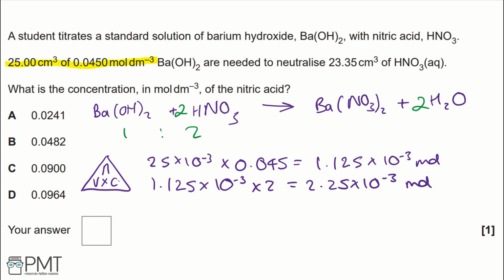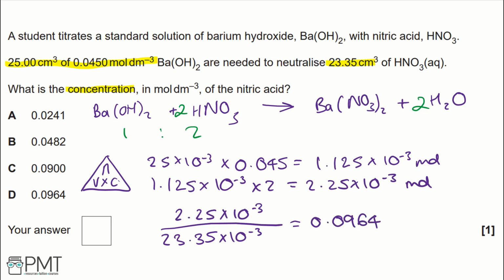Finally, we're asked to work out concentration. We're given the volume of nitric acid used, so using the same equation triangle, we can take the number of moles, 2.25 times 10 to the negative 3, that's the moles of nitric acid, divide this by 23.35 times 10 to the negative 3, again converting centimeters cubed into decimeters cubed. That gives us a concentration value of